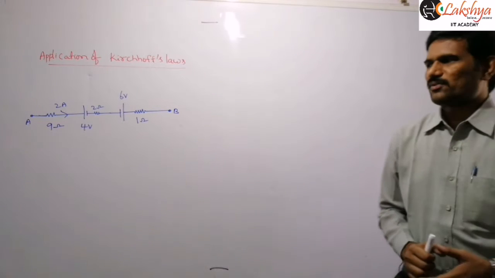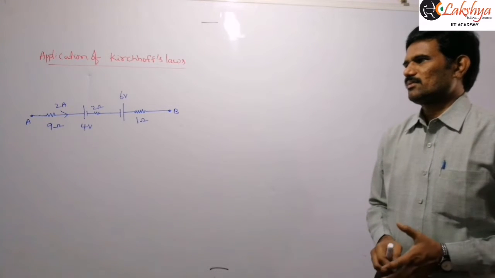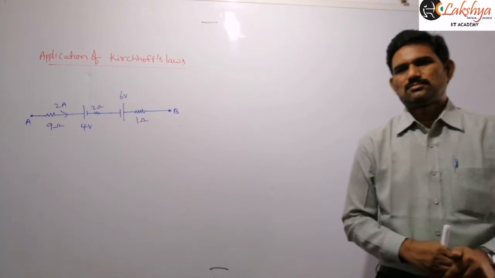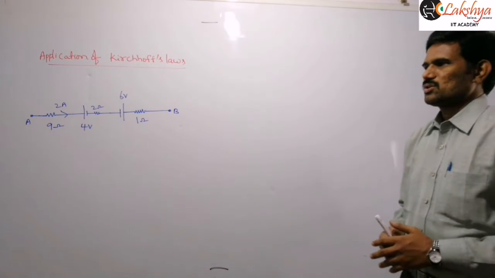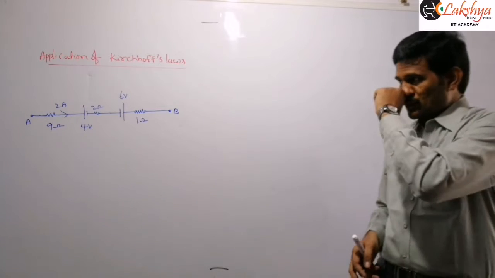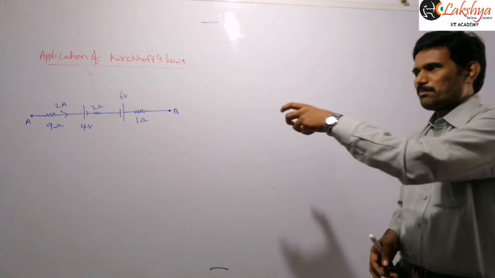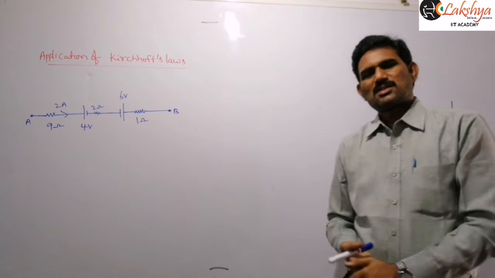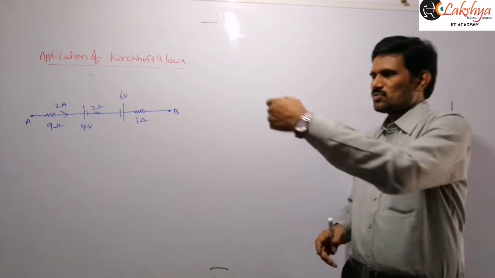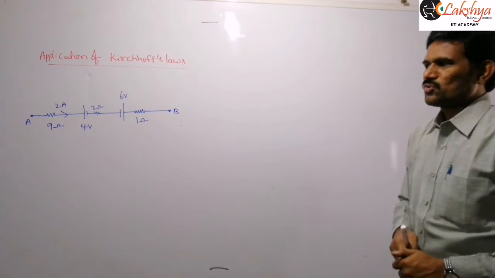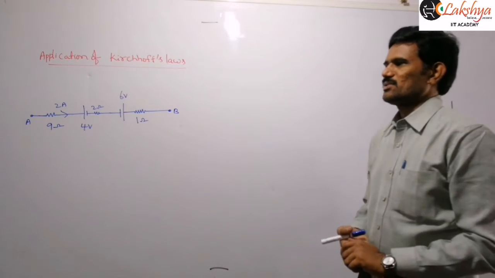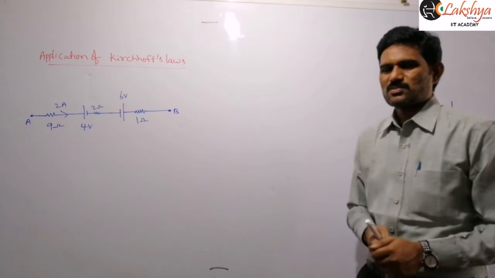Find the potential difference between A and B in the branch of a circuit shown below. That means the total circuit is not given, right? Only an open part is given here. It is actually a part of a circuit in which a current of 2 amperes is flowing, right? And now we need to find the potential difference between them.